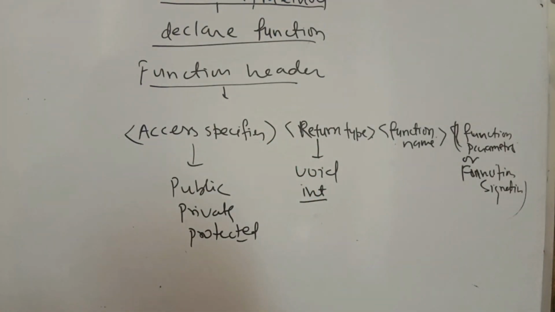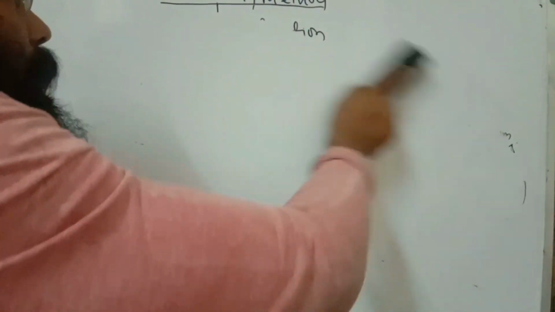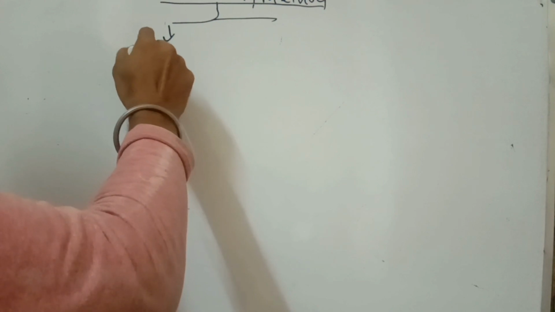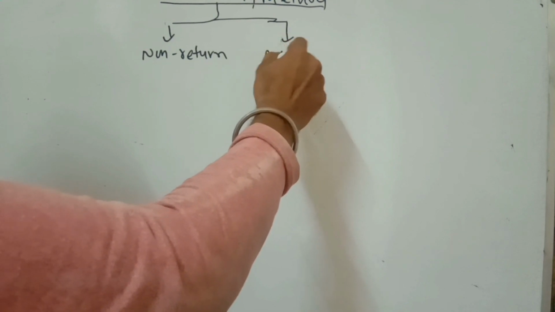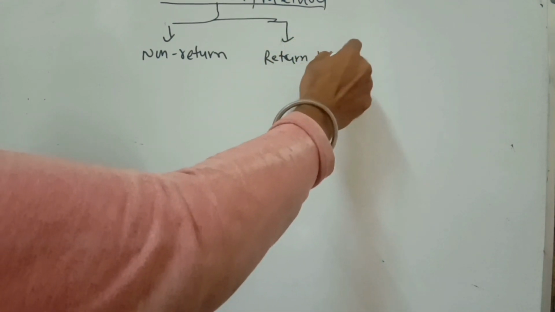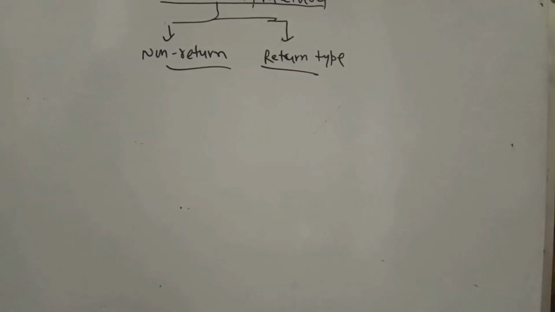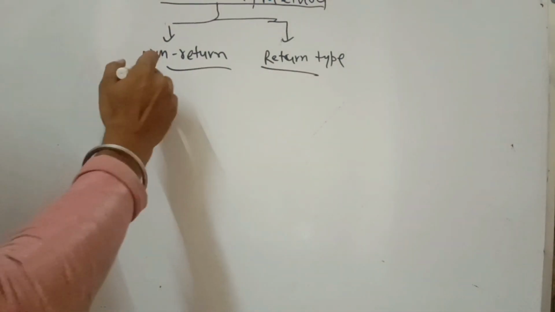Now I am going to write the program. With the help of the program you can understand how to use the function, how to create your own function. There are two types: number one, non-return type, and number two, return type. Please watch the full video. In the end you will understand how to write and create the function. So now let me start. चलो मैं start करता हूँ.